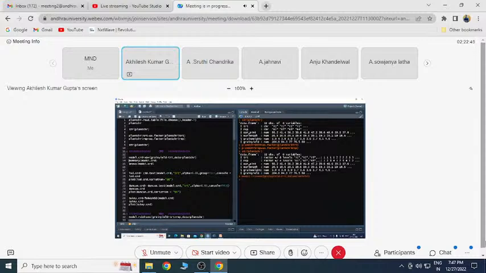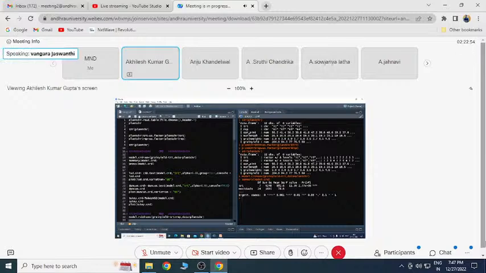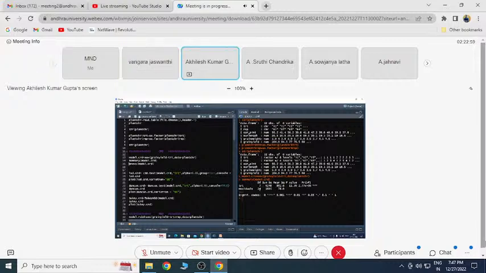So I run the command, and again I use summary. You will get the ANOVA table. This is a very basic CRD ANOVA table. You will get the degrees of freedom for treatment, and you will get the degrees of freedom for residual, sum of squares, mean sum of squares, F value, and P value. If the P value is less than 0.05, you can say that your treatments are significantly affecting the dependent variable.